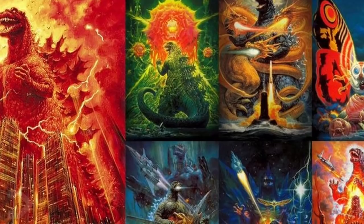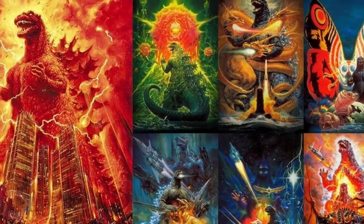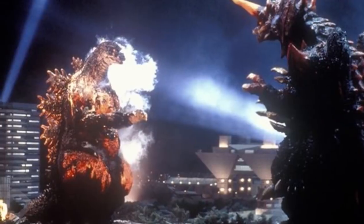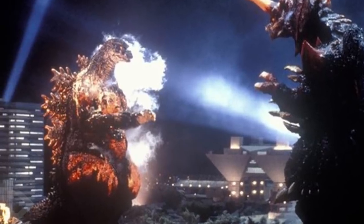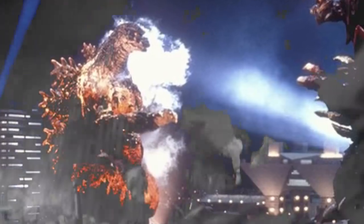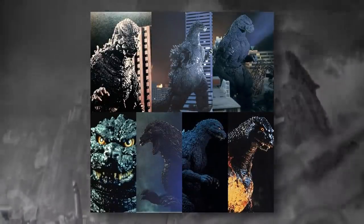Godzilla during this era took a drastic turn from his heroic roots of the majority of the Showa era and became much more of a villain, or at the very least, a chaotic neutral role, which ended in the climactic finale where Godzilla became instantly volatile and earned the name Burning Godzilla. The G-Man's history as a whole was changed up for this era, and we'll spend some time going over that